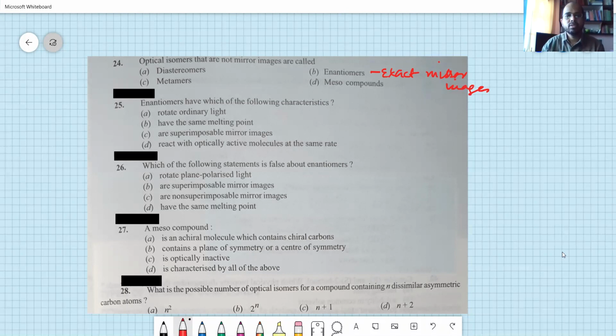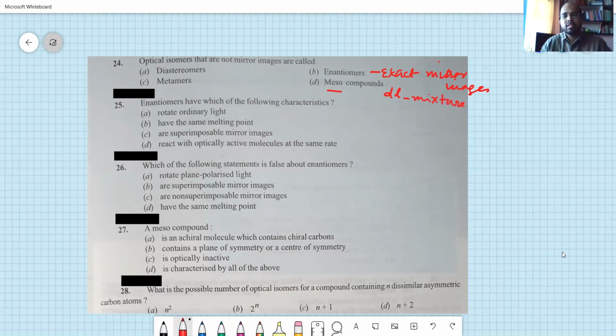Now the meso compounds are something where you have your D and L mixtures already there. It's an inherent, internal property of a molecule in which one component will rotate the plane polarity towards the right and the other towards the left, and therefore they will cancel each other. So that will be called the meso. You can have a DL mixture also. This is an external mixture, and you can mix them together.